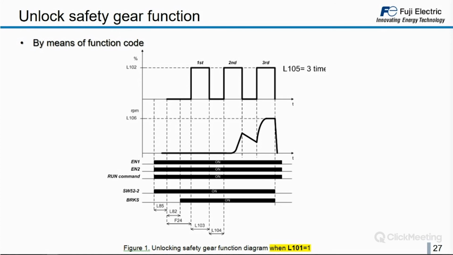In this system, you see that on the first attempt, nothing is happening. On the second one, the lift starts to move. And on the third one, the lift is finally unlocked. You see it because the lift speed increases fast. As you see here on parameter L106, we have a speed limit, so we want to avoid that the lift goes uncontrolled with a very fast speed, and of course, we would lock the safety gear again.